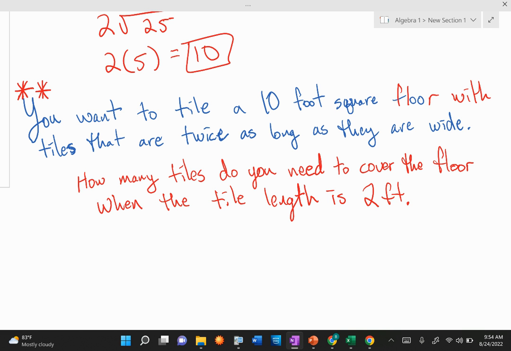No, that are twice as long. Huh? So they have to be 4 foot. Wait, it's the shape of a square. It is a 10-foot square floor. So it is a square floor. Mm-hmm. Unless the wording might be confusing, I'll clarify. You have a square floor that has a length of 10 feet. Oh, okay. So it's 10 feet, 10 feet,